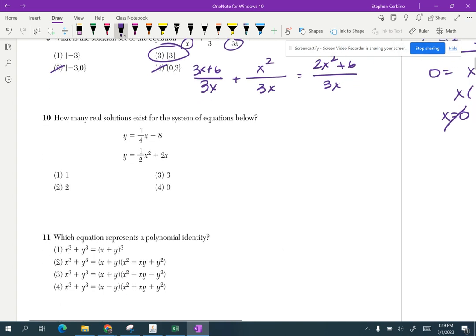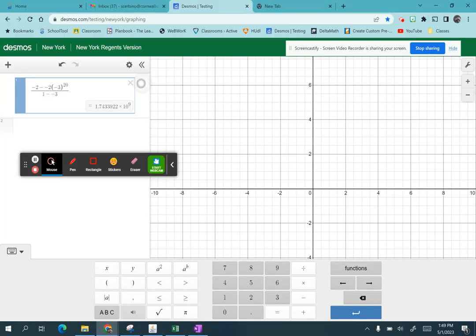For number 10, it asks how many real solutions exist. So real solutions are going to be intercepts. So I want to see how many times that these two equations intersect each other. So I'm going to go back to Desmos here, and I'm going to graph my two equations. So the first one was y equals 1/4. I forgot the equal sign. There we go. 1/4